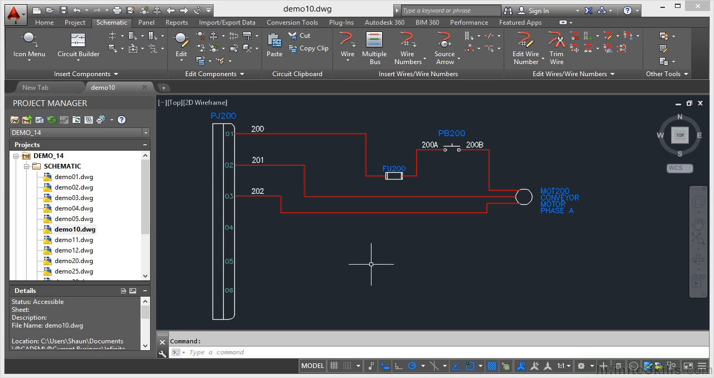You can also add an existing circuit into the icon menu in AutoCAD Electrical. Now we're staying in the Demo 14 project and we're using the Demo 10 drawing. What I've done is I've zoomed into an existing circuit in the Demo 10 drawing to use as the active view for the icon that goes into the icon menu when we actually create it